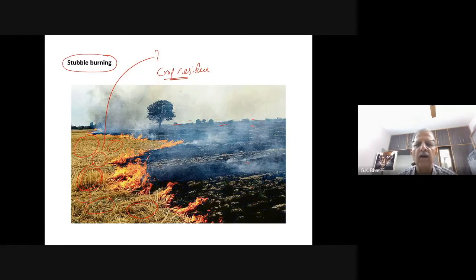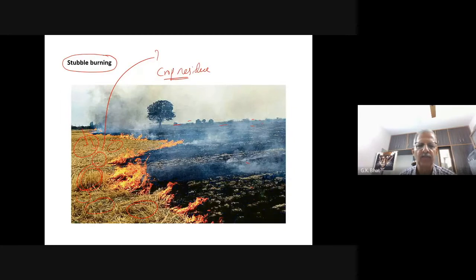In and around Delhi, Haryana and Punjab, the states very close to Delhi, all the farmers are doing this. Every farmer. On the other hand, if they leave this crop residue for some time, if it rains and natural decomposition starts, it will be very good for the soil itself. But they don't do that. They just burn it and make the pollutants get released to the atmosphere, thereby affecting the lives of so many people, not only in Punjab and Haryana, even in a neighboring state like Delhi.